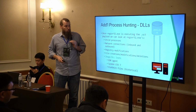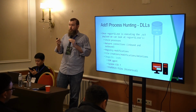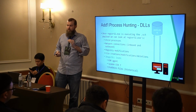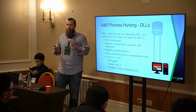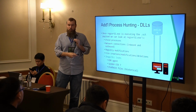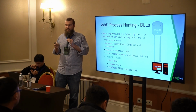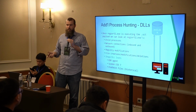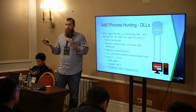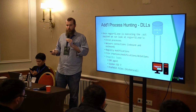regsvr32. When you do that, there are very unique DLLs native to Windows that are loaded by regsvr32 to facilitate that. So, for example, jscript.dll, jscript9.dll. Those are loaded by any process that is doing JavaScript. How often does regsvr32 load JavaScript in your environment? If you have Sysmon logs, this is Event ID 7, image loads, DLL loads. And it's a really powerful hunt to even see what all processes are loading JavaScript in my environment. Now, we don't know what the JavaScript is just by that, but that DLL load tells us a lot of